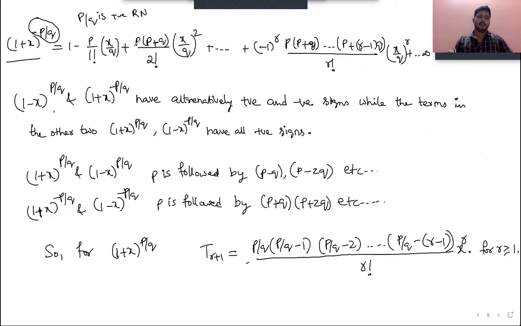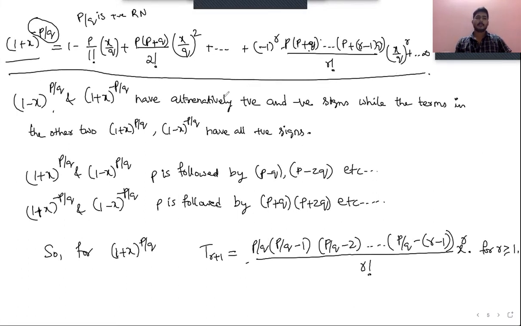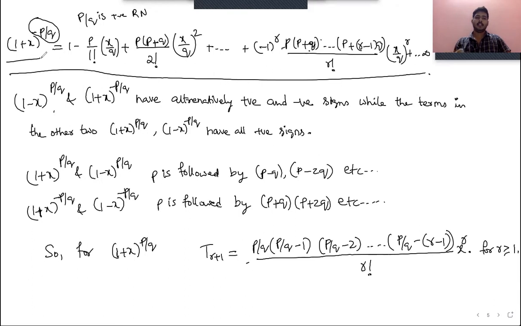So here p into p plus q into p plus 2q and so on until p plus r minus 1 into q, right? I hope you can come to the conclusion. Okay, so if you observed all the 4 equations, I'll ask you definitely to write all these 5 to 6